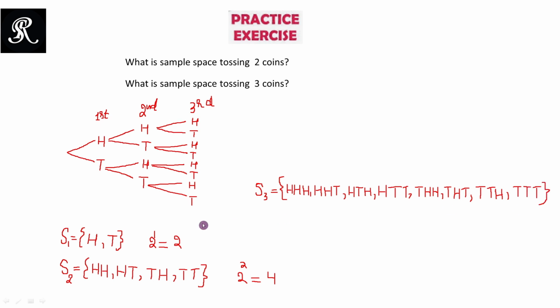Now this is the sample space for tossing a coin thrice, and we can easily observe all possible outcomes from